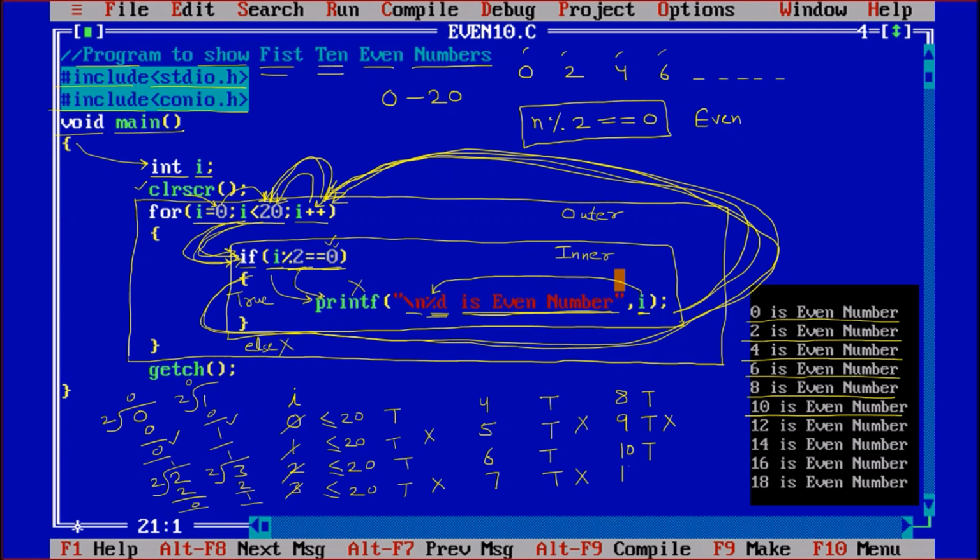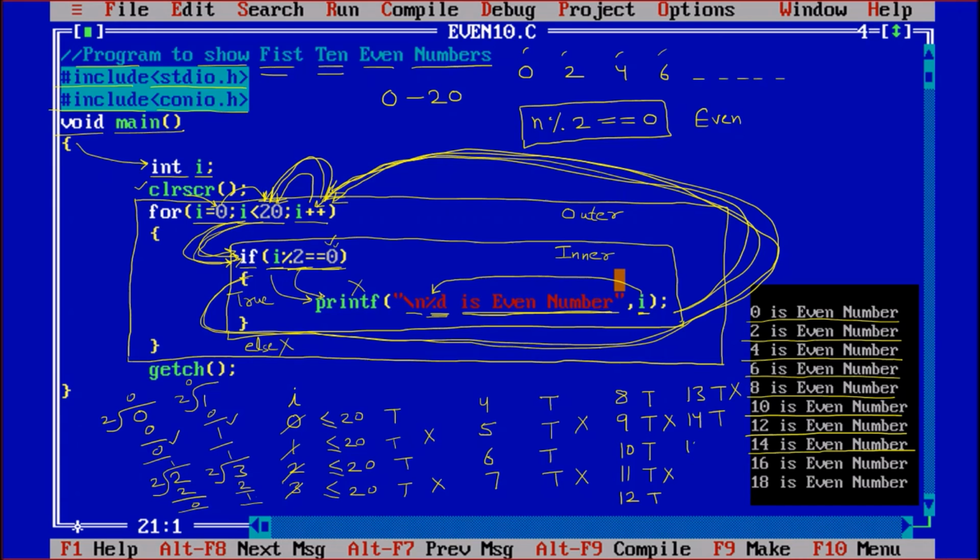Then 11, 11 less than 20 but not divisible by 2. Then 12, 12 is less than 20, true, and divisible by 2, so 12 is printed. Then 13, 13 less than 20, true, but not divisible by 2. Then 14, 14 less than 20 and also divisible by 2, so 14 is printed.